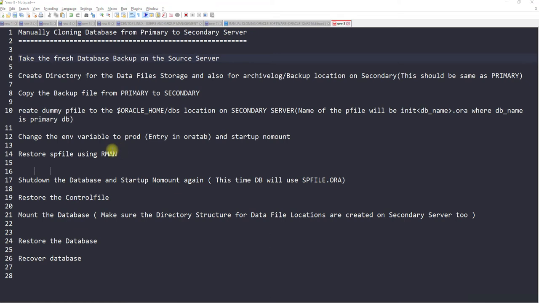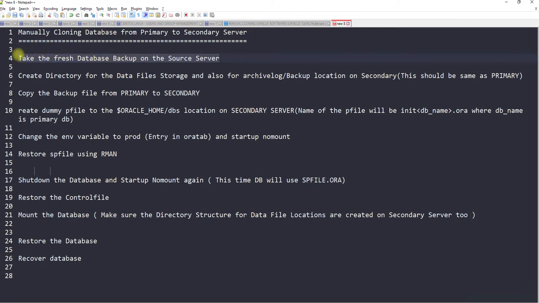We totally understand that Oracle software is very important for clients or applications to connect to the database, but the database itself is very critical. We need to make sure that data files are consistent and do not get corrupted during the cloning activities. So how do we start? First, take a fresh backup of the source server.